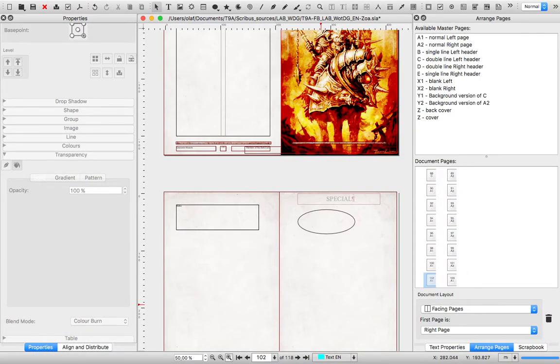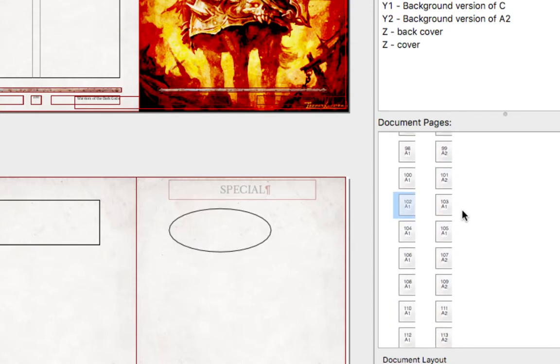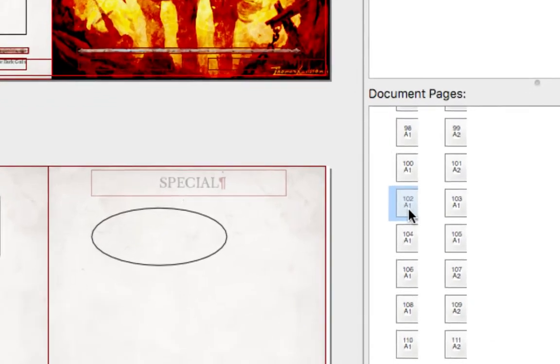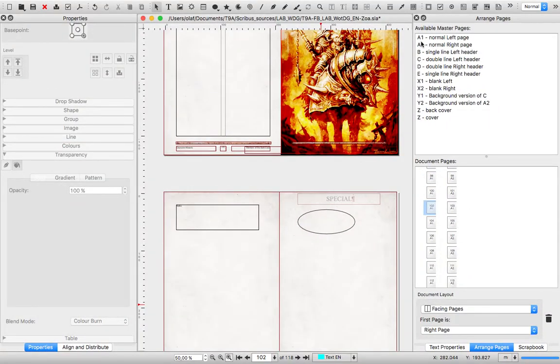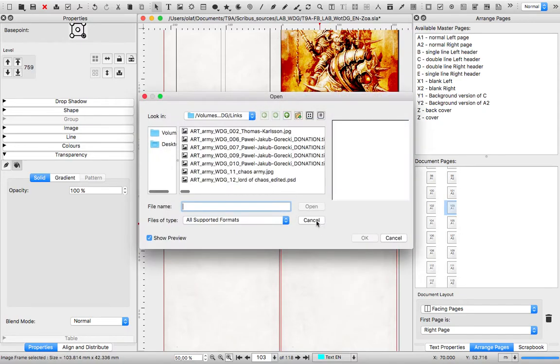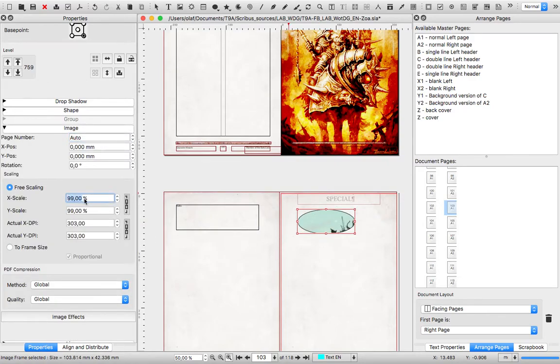This will give you a quick overview of your document. You can scroll it up or down to move through your document. From here we can see both the page numbers and the master page applied to each page. If you don't know what a master page is, just envision it as a way to save you some time. Each time you need a repetitive object like a page number, a background, or a header or a footer in your document, you can create a master page and place it there.